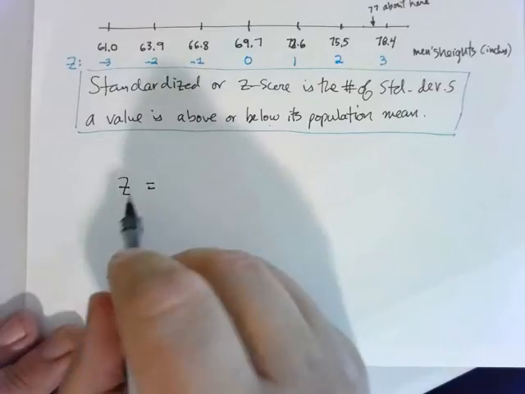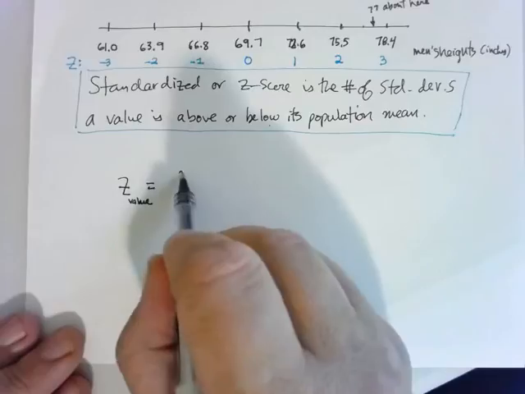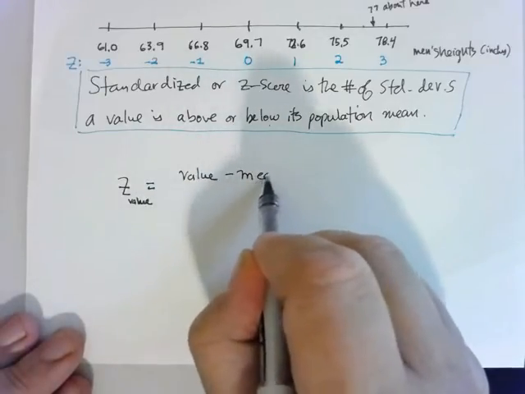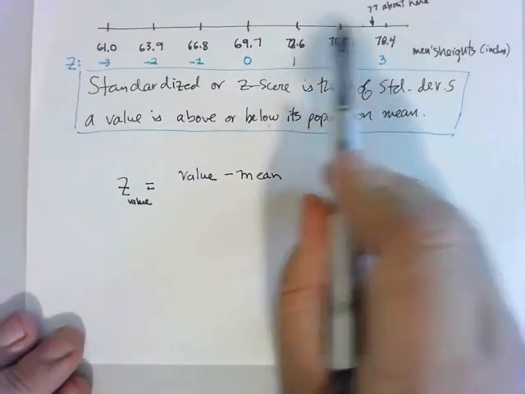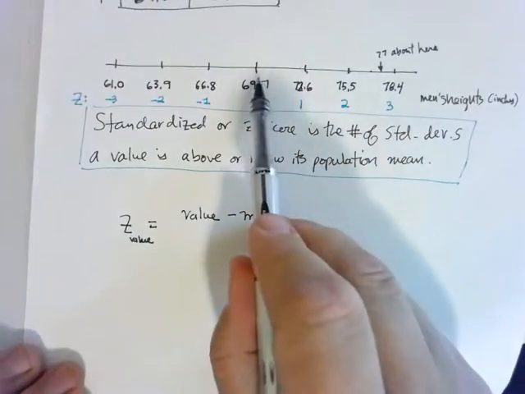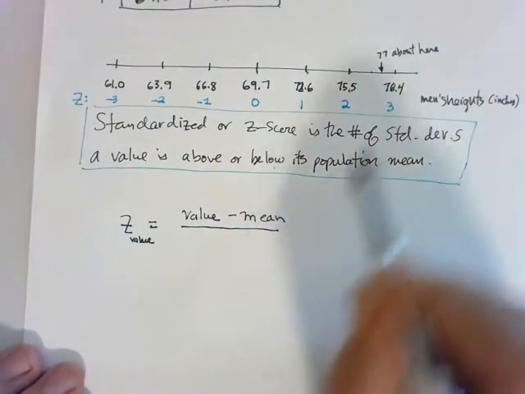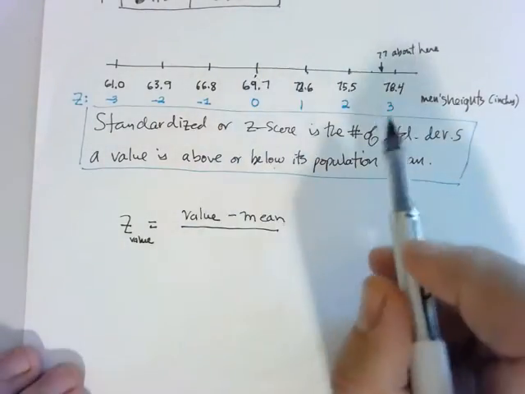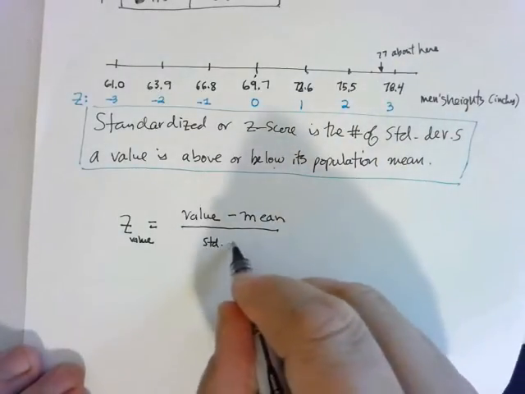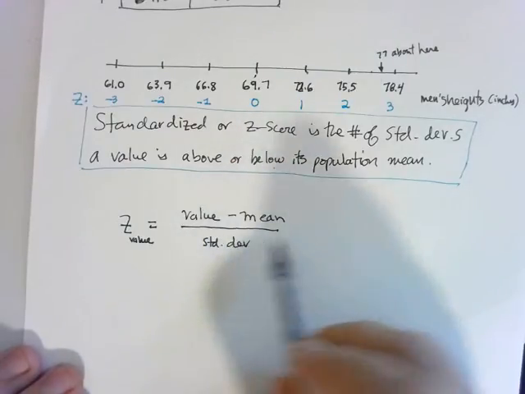What you do to get the z for some value you want to know about, you take the value and subtract from it the mean. That will tell you how far it is above the mean. So this would be 77 minus 69.7. So I would take that difference, and that would be the inches above the mean. But then I want to know how many standard deviations that is, so I would divide it by the standard deviation. So if this difference was 2 standard deviations, divided by the standard deviation, I would get a score of